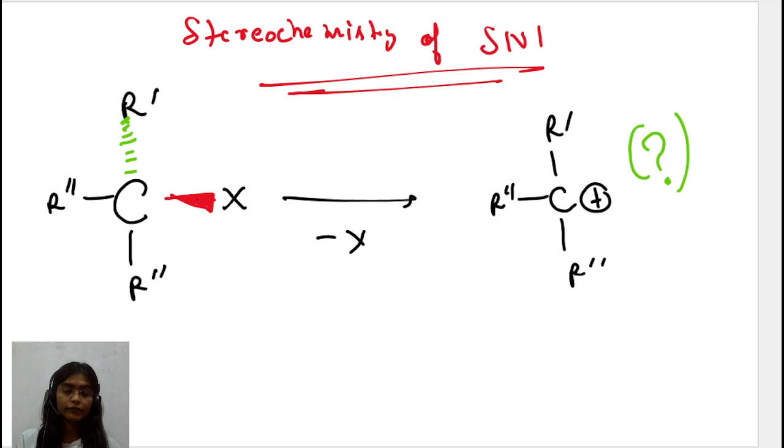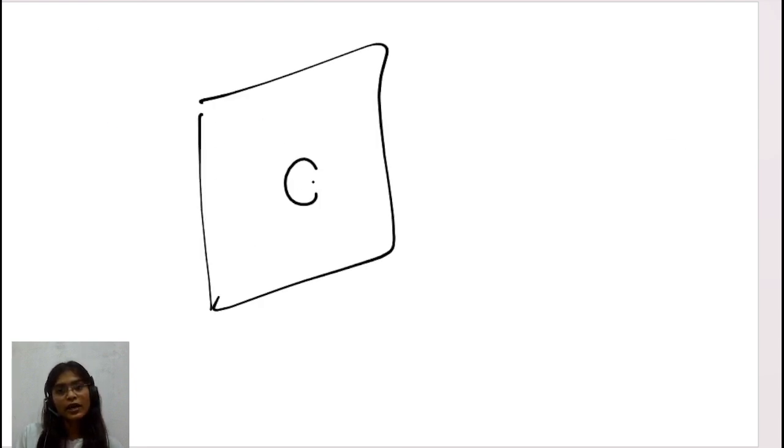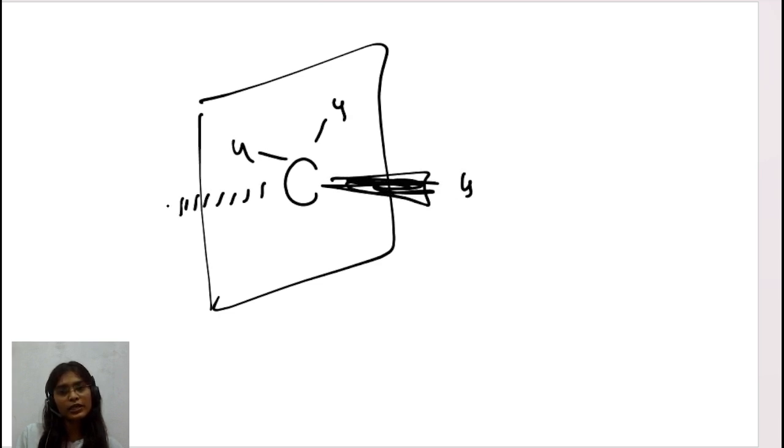Do you know the basic rule of stereochemistry? No, right? Why is it a no? Come on, what is the meaning of this representation? In the previous classes we discussed that there is a plane. It's a carbon with two hydrogens inside the plane, one outside the plane toward the observer, and one behind the plane. This is how it's represented.